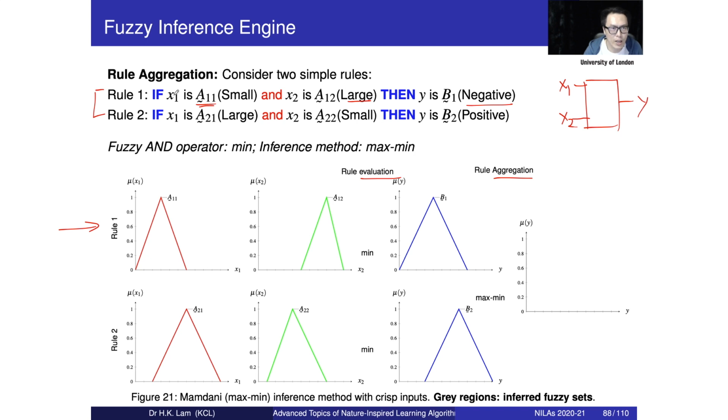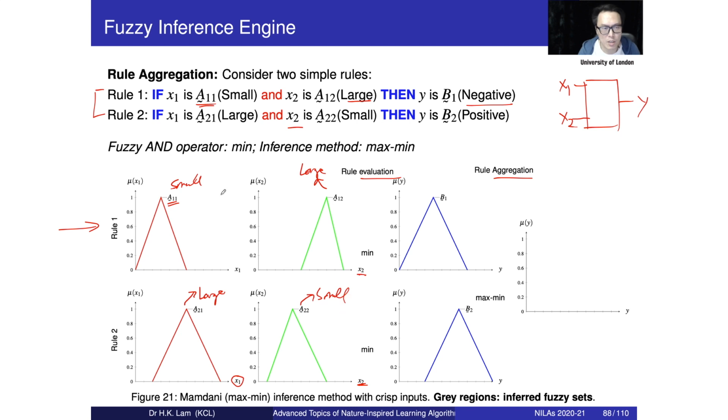For rule 1, if x1 is small, I just put the membership function, the fuzzy set a11, that is small, right here. And then x2 is large. This membership function, the x-axis is x2, and this represents large. And then this is rule 2. The x-axis represents x1, and this membership function represents large. And then x2, the second input, has this membership function right here,